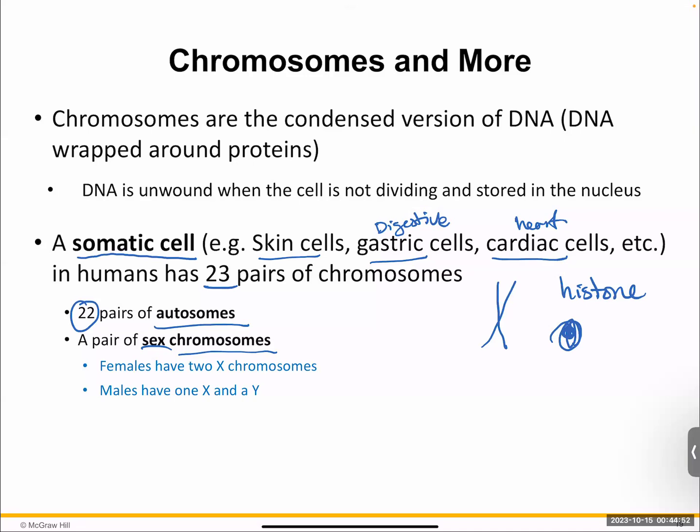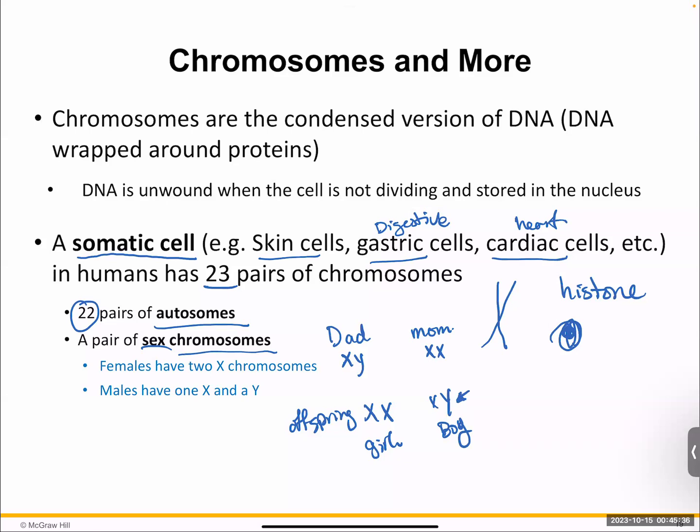Each parent passes down one of those chromosomes to the next generation. If you have a male, it would be XY, and the mom is always XX. Again, we're talking about under normal conditions. So the offspring is going to get one copy from each side. If dad contributes an X, mom is also going to contribute an X because there's no other option, so you would get a girl. And if the dad contributes a Y and mom contributes an X, then it would be a boy. So the Y is what makes somebody a boy.